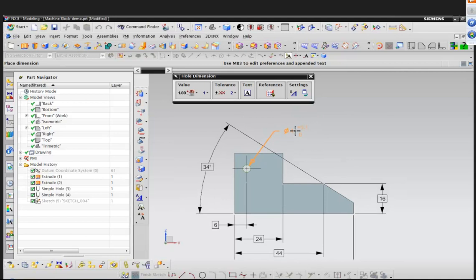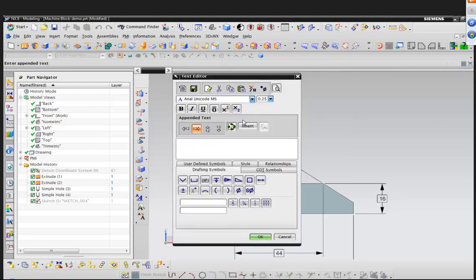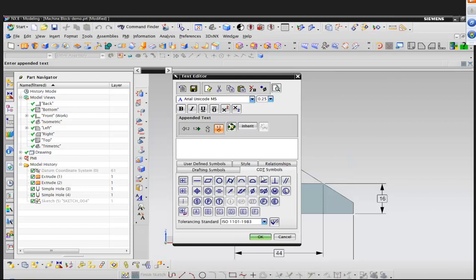I also want some GD&T to control the location of this hole, so I'm going to come up here and select text, and notice that we get this dialog, and this would also be familiar. These are very similar to drafting tools. To the right of my dimension, I want it to say "through," and below the dimension, I want it to have a feature control frame, true position,